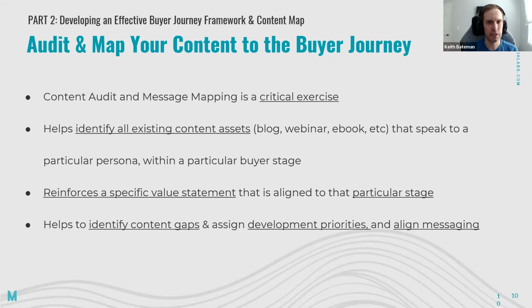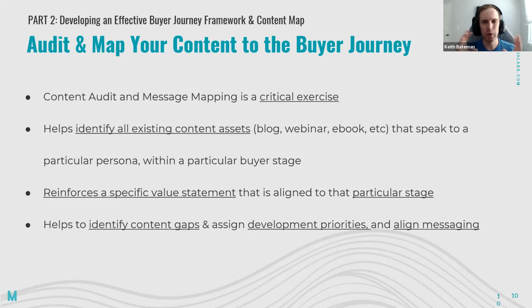And then this content that you're mapping out is meant to help reinforce those value statements and make sure that they align to each of those particular stages in the buyer journey. So it's really about making sure the content is reinforcing the value statement of your solution and what you're trying to message to them in each of those stages. And if that content doesn't do it, then you need to rank it appropriately, because if it's just a blog post or a webinar that really isn't quality, then we need to rank that appropriately as well, and make sure that it doesn't get put into our messaging and sent to those prospects, because it may be super old and super out of date, not relevant anymore to those prospects. So that's another piece of that audit, is to make sure we rank those pieces appropriately by the impact that they'll have in that stage.